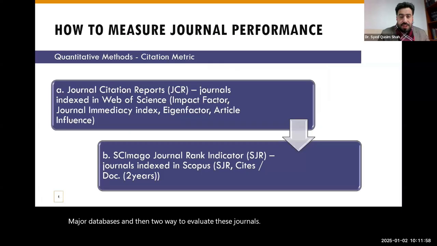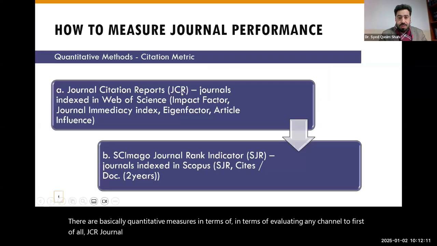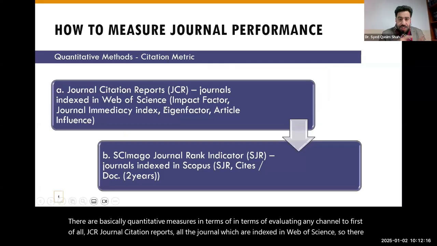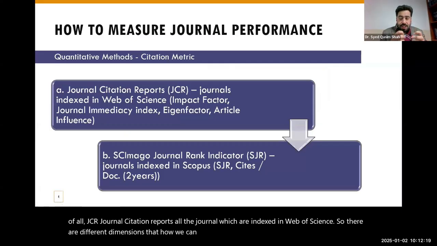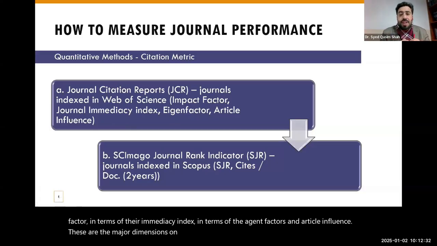So there are basically quantitative measures in terms of evaluating any journal. First of all, JCR, Journal Citation Reports, covers all the journals which are indexed in Web of Science. There are different dimensions for checking the quality of any journal: impact factor, immediacy index, the Eigenfactor and article influence. These are the major dimensions on which we can evaluate any journal indexed in Web of Science through